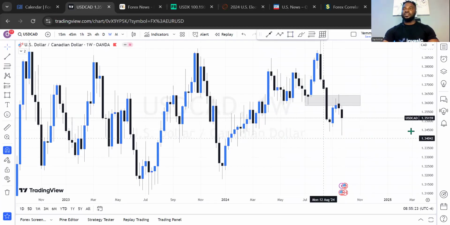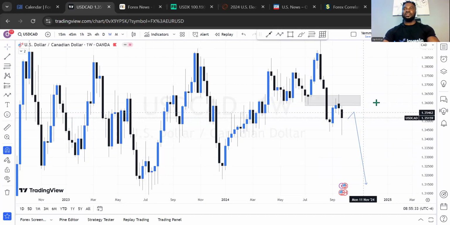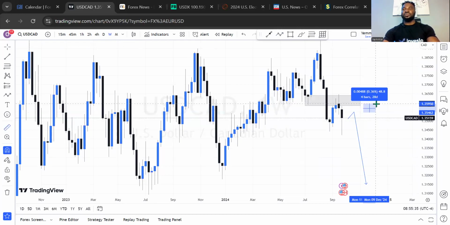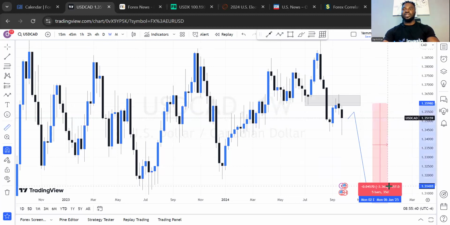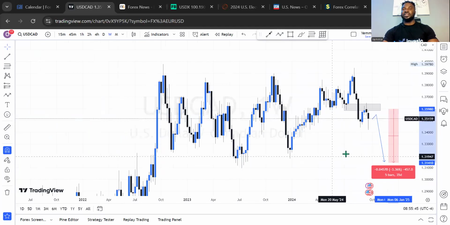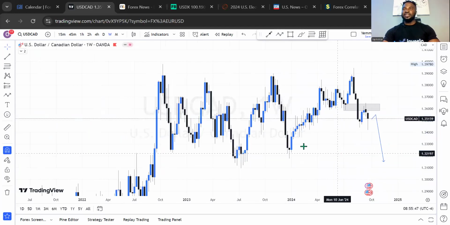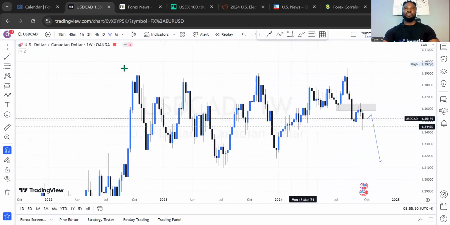However, for this week, I will still be expecting more bearish movements in this market. I will still be expecting more bearish movements on USD CAD. So it may retrace, most likely back to this price range of about 50 pips. And from there, I can be expecting more sell into a price range like this, which is about 400 pips. And this is a weekly time frame, so this will not be delivered in this week particularly. There's a high tendency that this may not deliver up to 400 pips for this week, but this is the outlook.